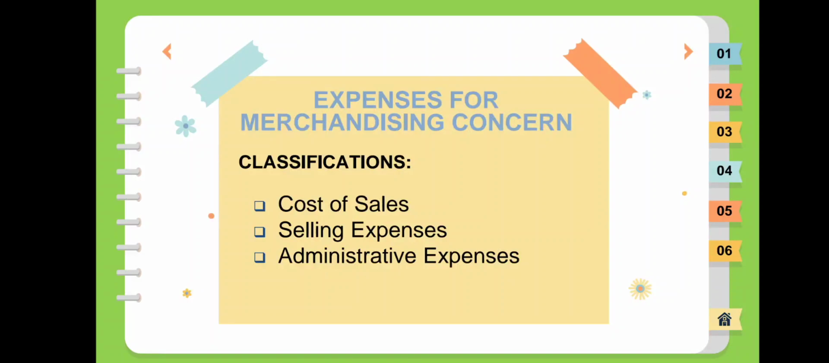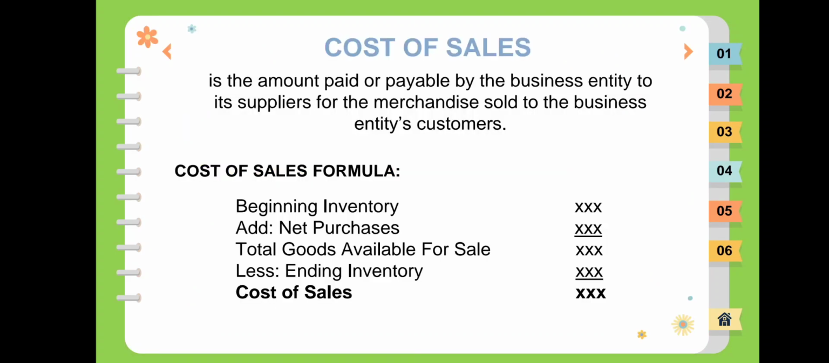Now let's go to the merchandising business. So here are the classifications of the expenses of the merchandising. We have the first one, the cost of sales. So this is the amount paid or payable by the business entity to its suppliers for the merchandise sold to